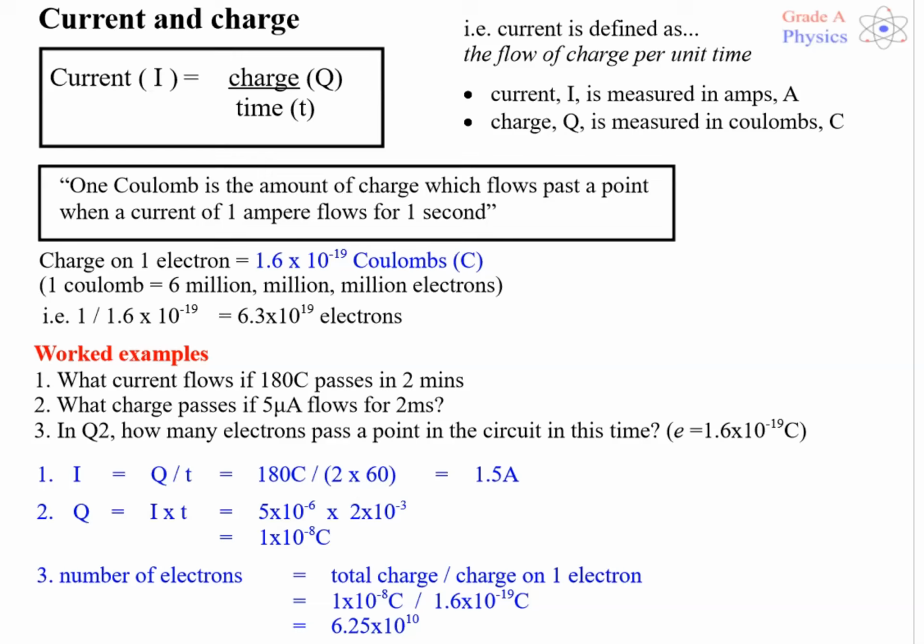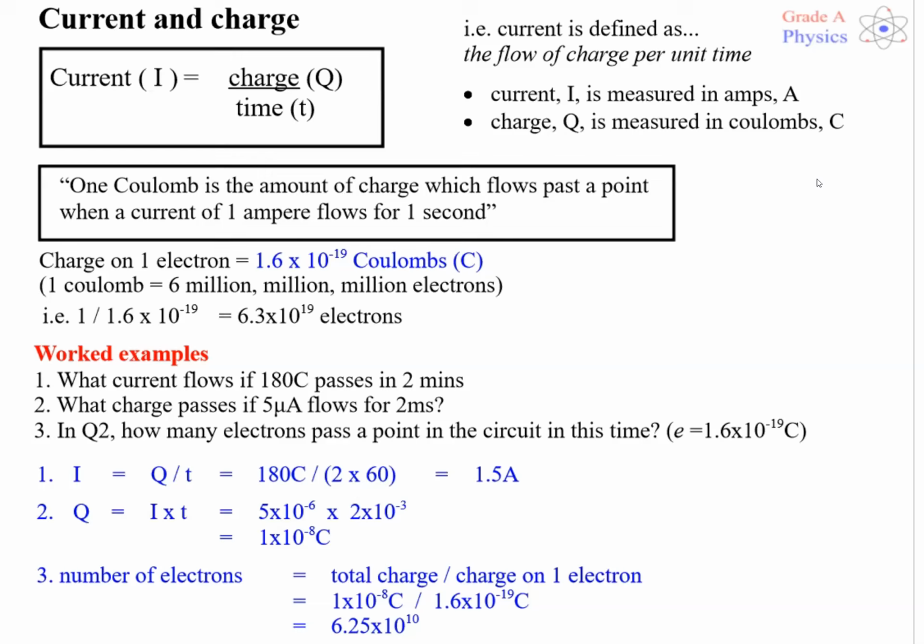Okay, so let's consider how we carry out calculations, how we model this mathematically. I equals Q over T. Hopefully you've seen this before. Current is equal to charge divided by time. So current is measured in amps, charge is measured in coulombs, time is measured in seconds. Really important to make the distinction between the letter for the quantity, which is I, and the letter for the unit, which is A. Similarly for charge, Q is the symbol to represent the charge, but it's measured in coulombs, capital C. And we can define current as the rate of flow of charge per unit time. So this is another way of saying charge per second, Q over T.